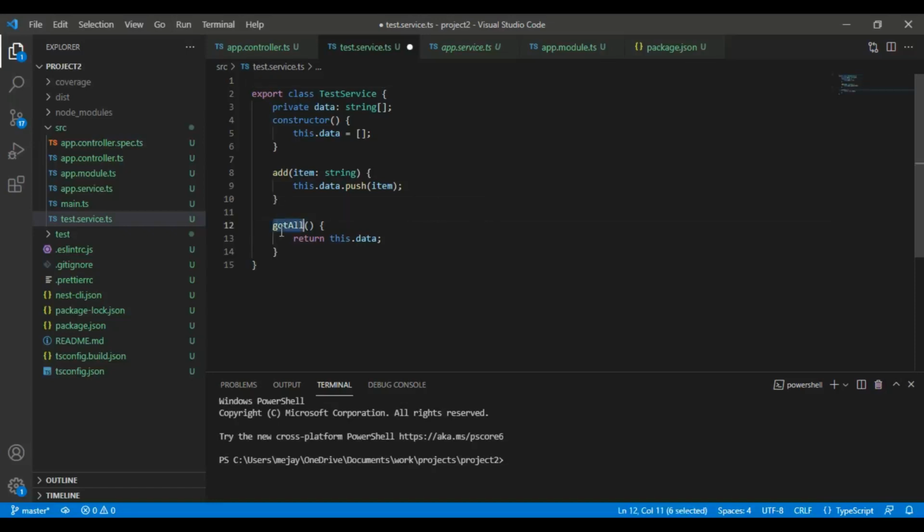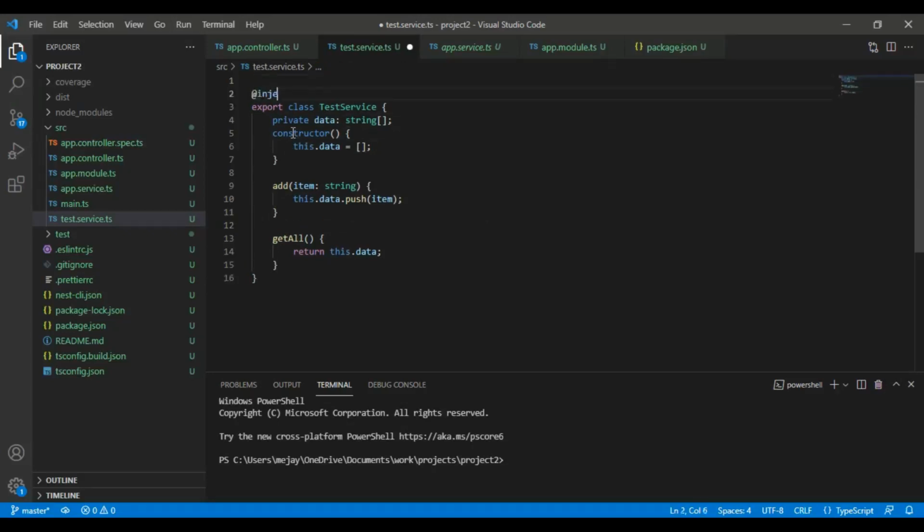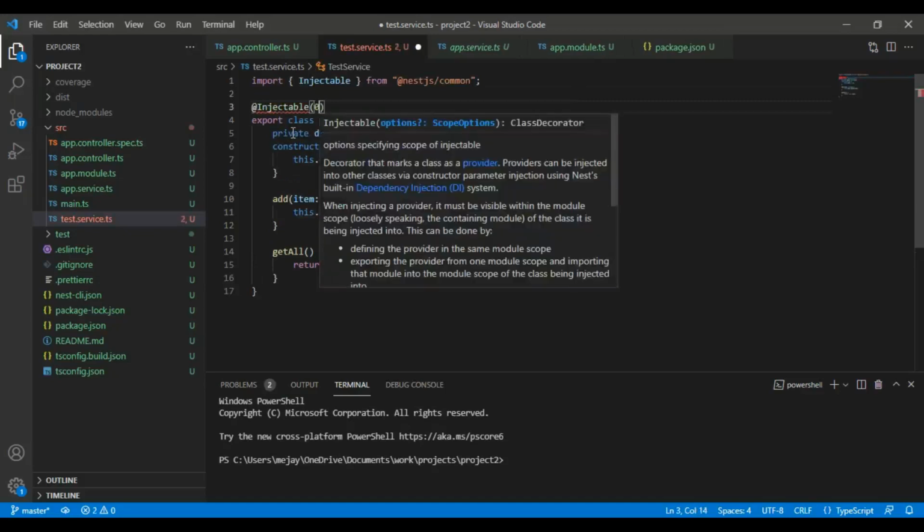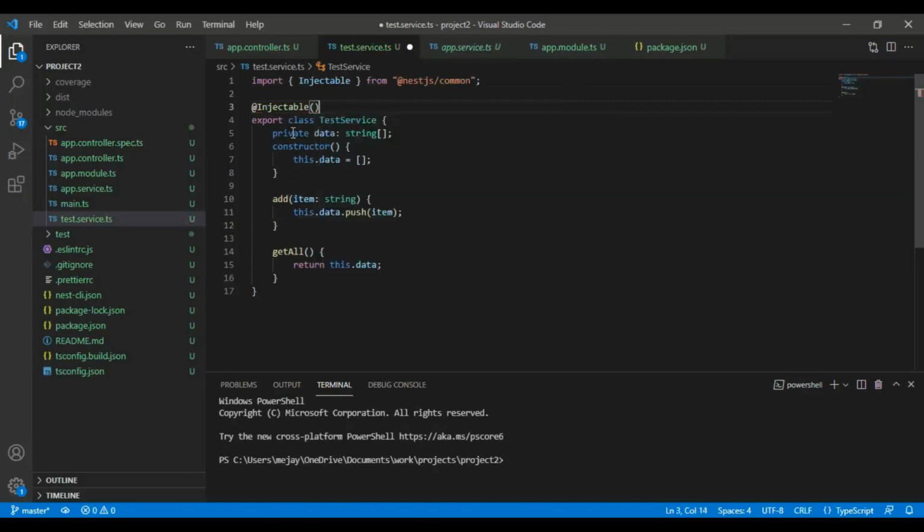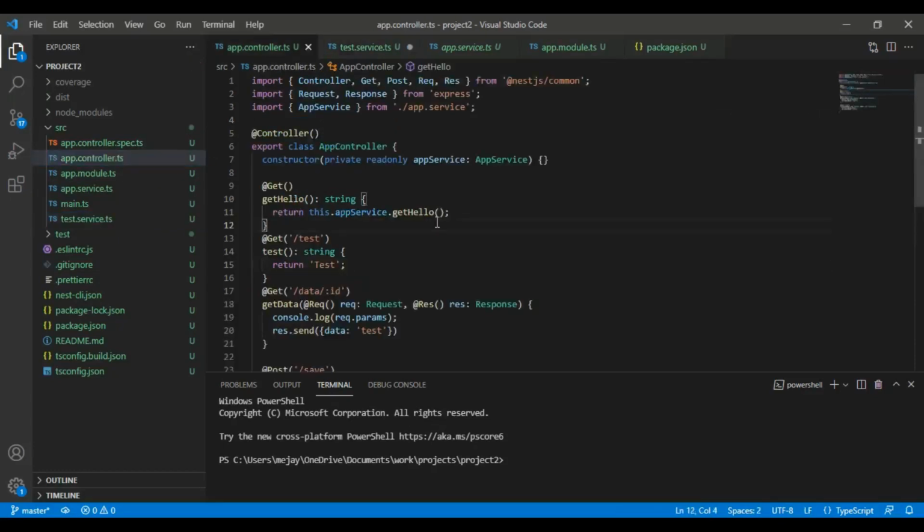To inject this service in the controller we need an annotation, and that is Injectable. This Injectable annotation will help you to import this service anywhere in your application. So how to import this in your controller, we'll see.